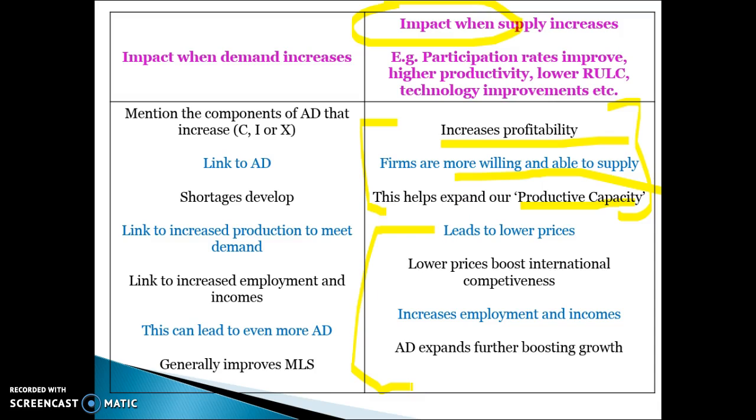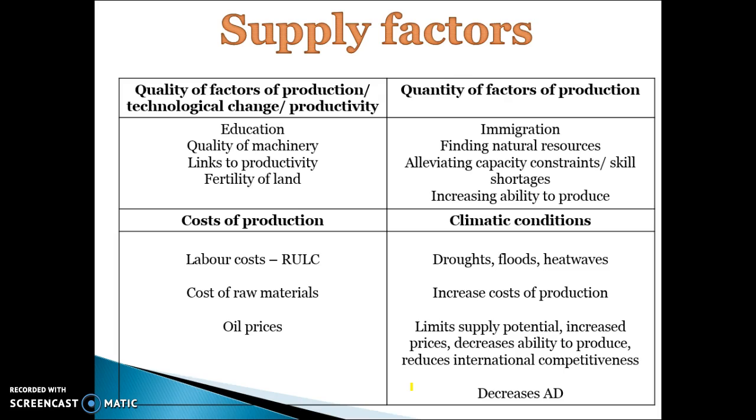So any positive supply side factor you can link to lower prices, increased international competitiveness, and that creates employment and income throughout the economy as well, which also generates more demand. Not a shift in demand, but an expansion in demand because of the lower prices. Okay, so some of the supply side factors we're going to look at,